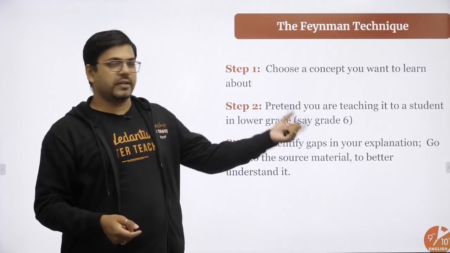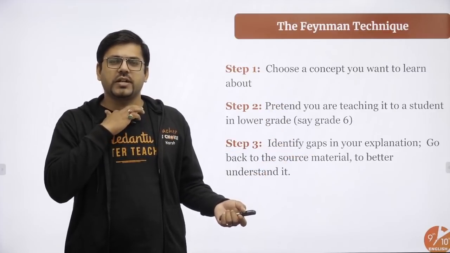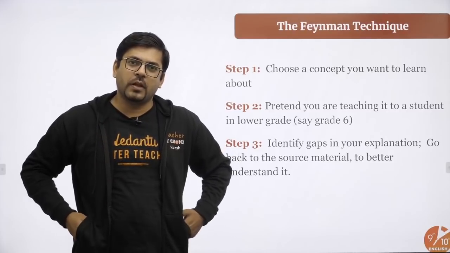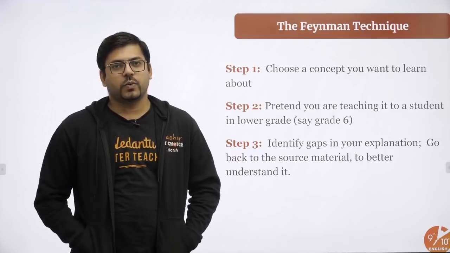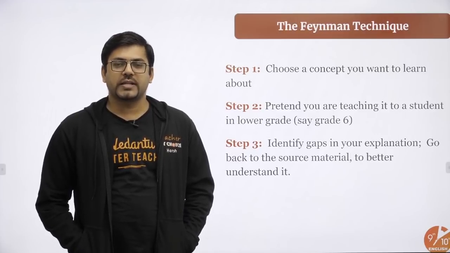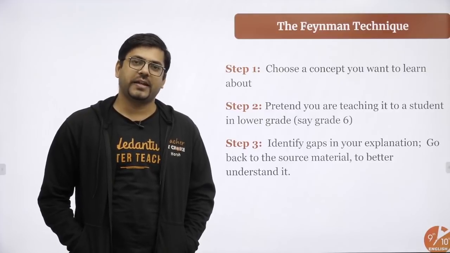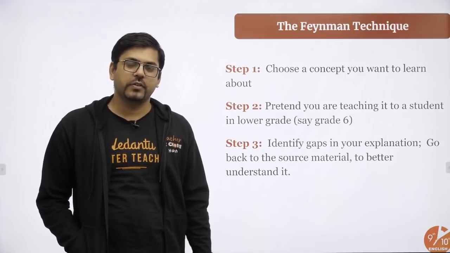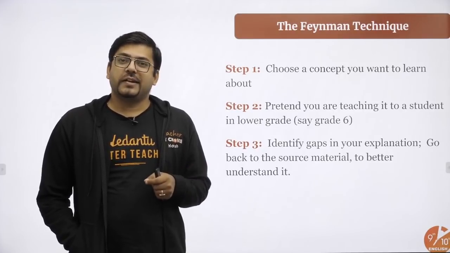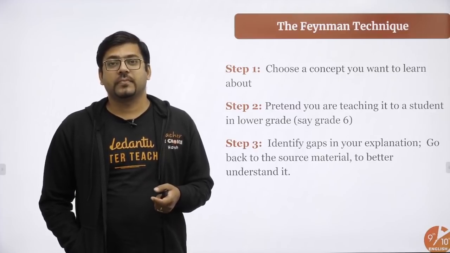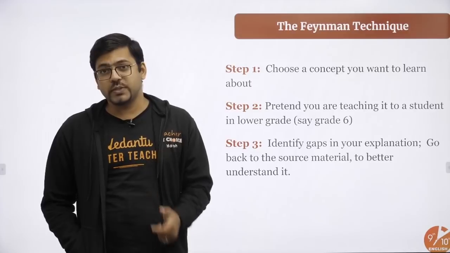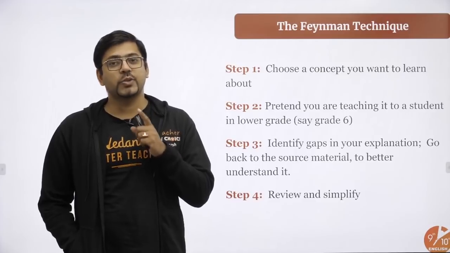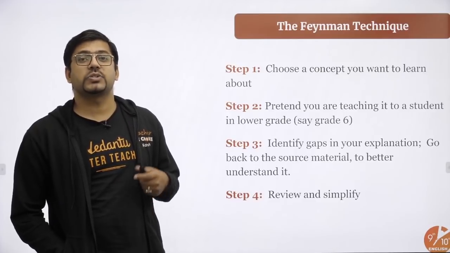Okay, if you have studied that a quadratic equation is an equation where you have 2 zeros, tell me why it has only 2 zeros. If you have studied that in a quadratic equation there are 2 zeros, alpha and beta, and their sum is minus b by a, can you prove it? How is it minus b by a? Why are you saying this? Is there any proof for this? So your mind will become a child and it will start asking you every question. And once you start questioning your own self, you will start finding answers for them. And for finding those answers, you will require to study a lot.